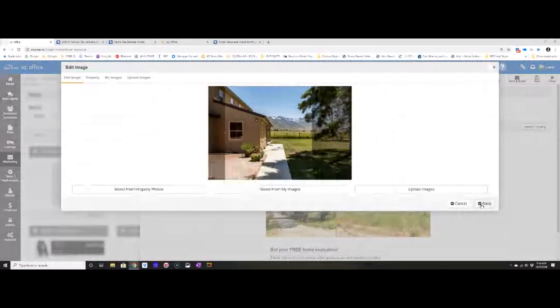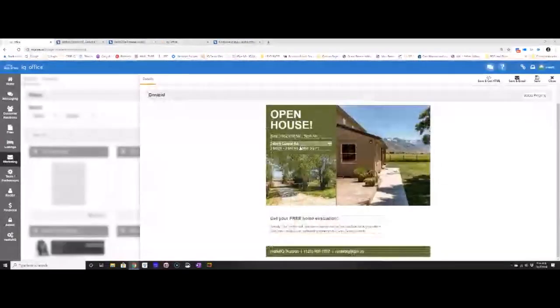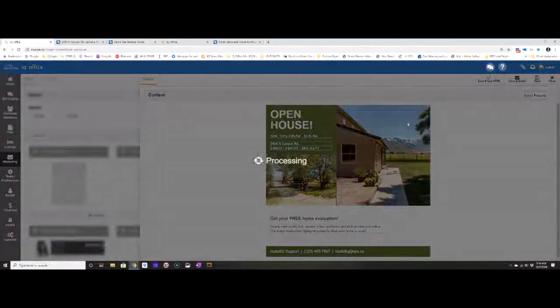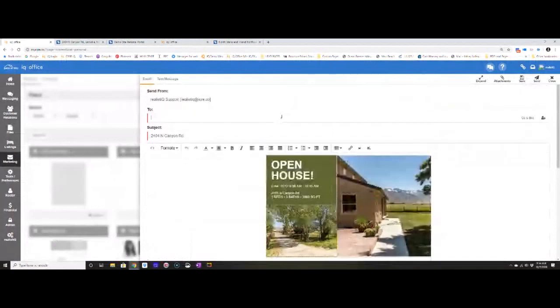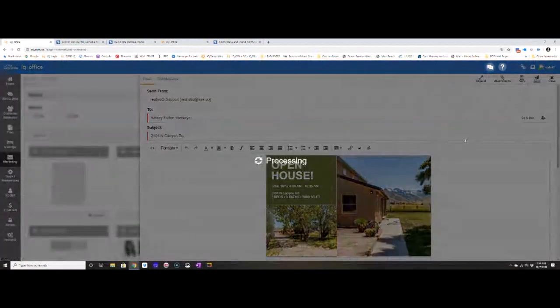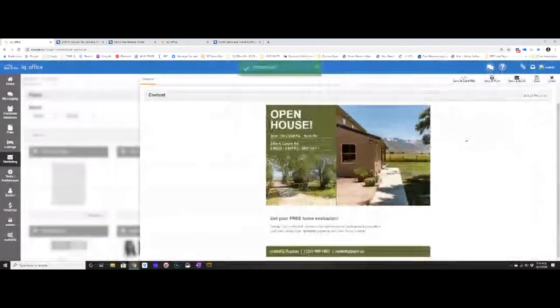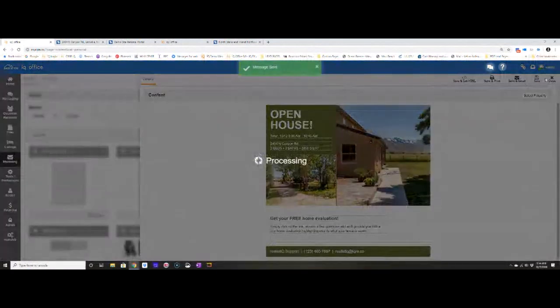Anything I highlight over that shows an edit pencil is something that I can change. I can save and get the HTML code. So if you want to put this on your blog or share it via code, you can do that. You can save and email it out. So you can say, hey, save and email, type in your contact name, click send, and send it out from here. You also can just save it,